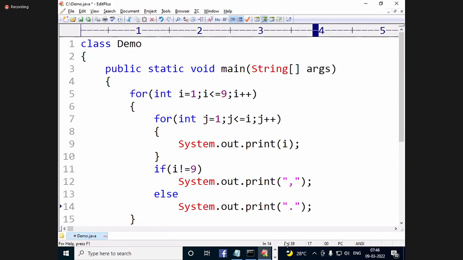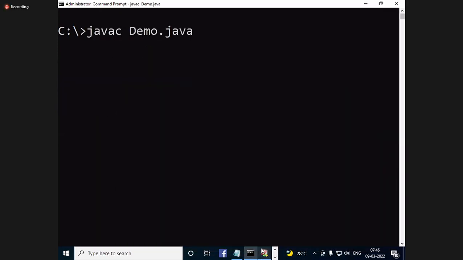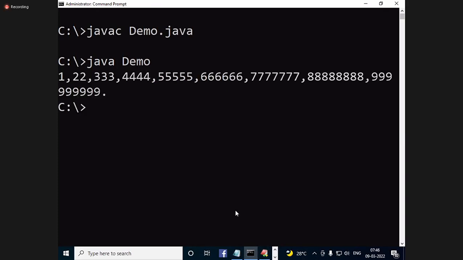I not equal to 9, comma; I equal to 9, full stop. Now either comma or full stop, only one is printed, no? Say file, save. 1 comma, 2 2 times comma, 3 3 times comma, like this, 9 9 times full stop. Write this one.